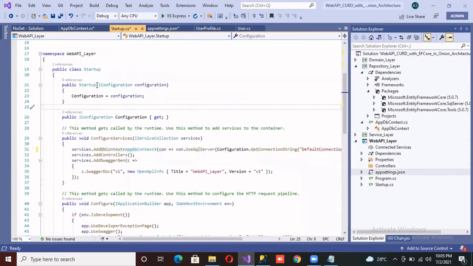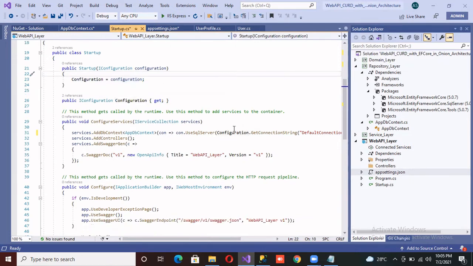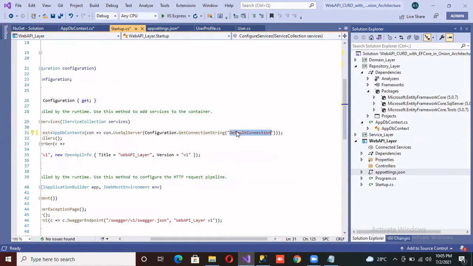For that, we have to use IConfiguration inside the Startup constructor. It is a parameterized constructor, and make a local variable. So inside of this local variable, we just initialize and use the configuration object, and then we just get the connection string with the name of this key.